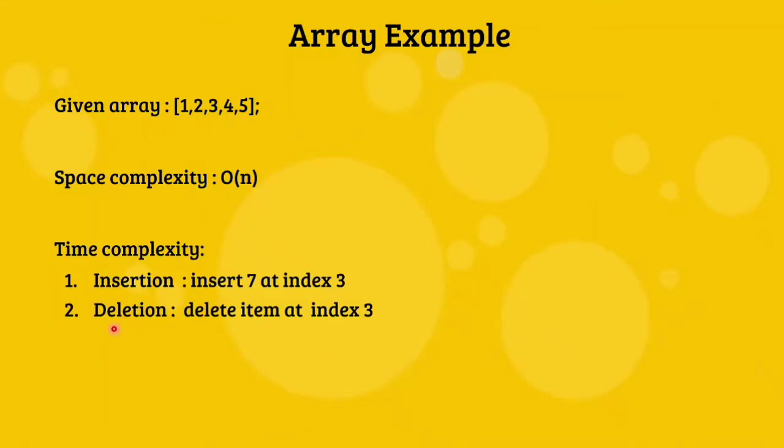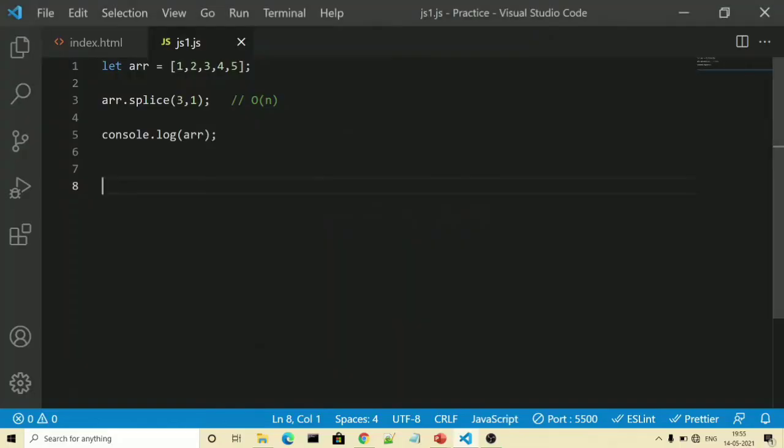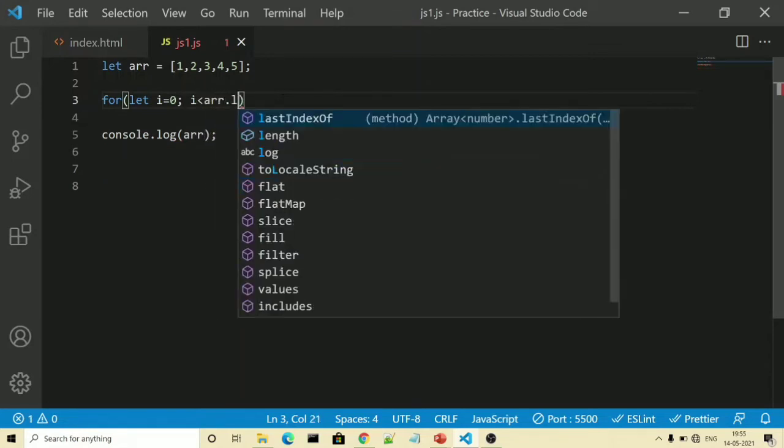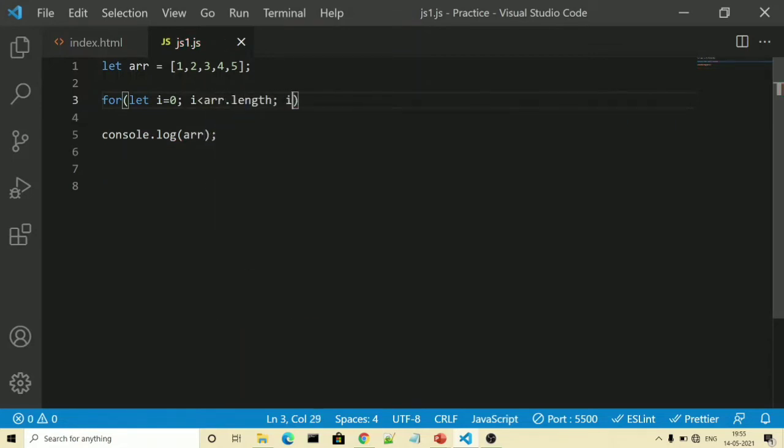Again we will see traversal: print all items. To print all the items, we need to traverse through the array using map or forEach, whatever you want, or using a simple for loop. So for this example, we will go with our for loop. We will simply write let i is equal to 0, i should be less than arr.length, then i++.